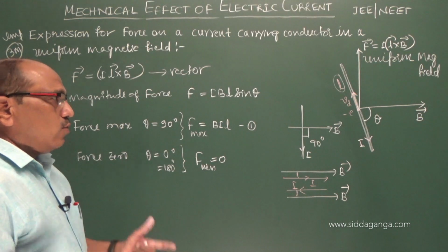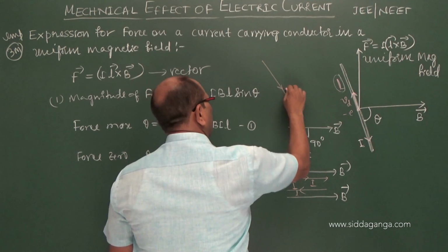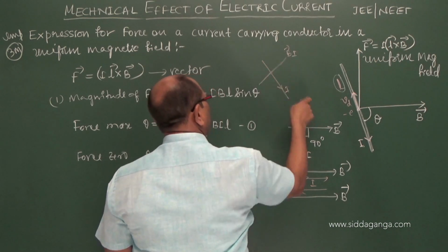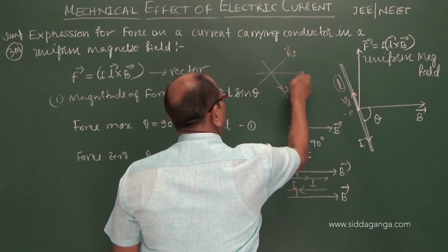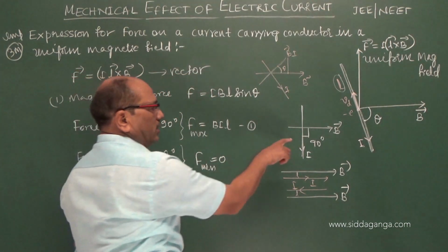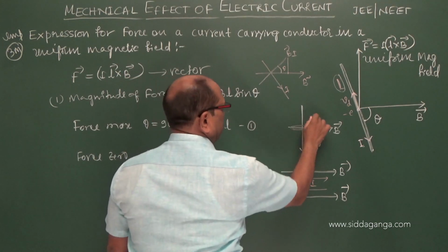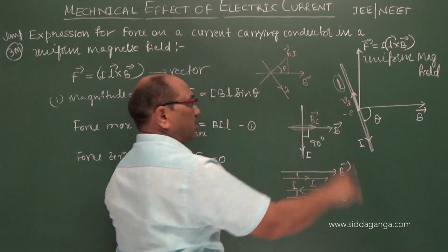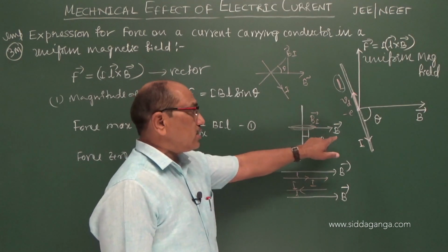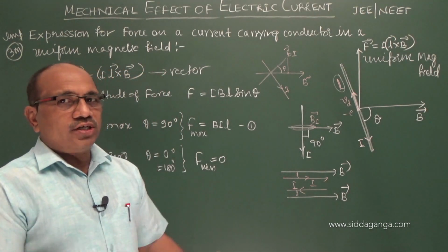Why? Already one thing I told. Whenever a conductor carries current, it produces a magnetic field due to the current in the conductor. This field has interaction with B and that makes the conductor experience force. When the conductor is placed perpendicular, the magnetic field due to the current in the conductor has maximum interaction with B. Interaction is more, force is more. As interaction decreases, force decreases.